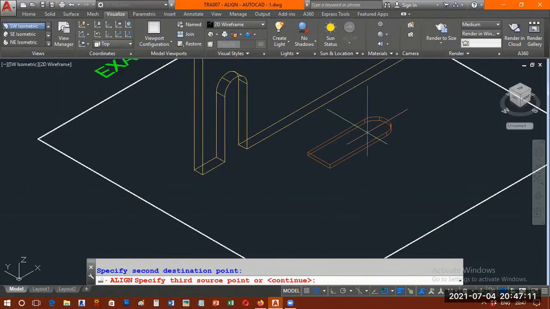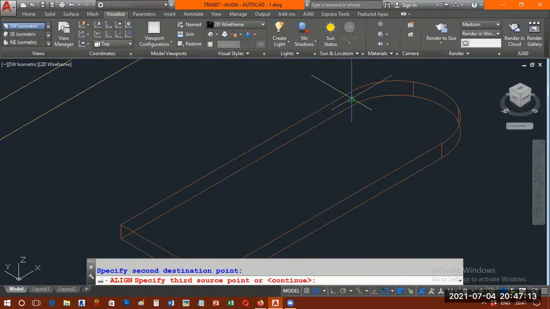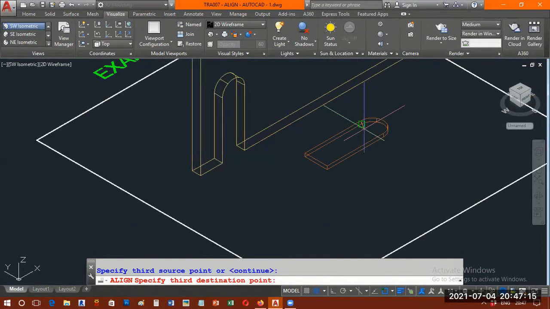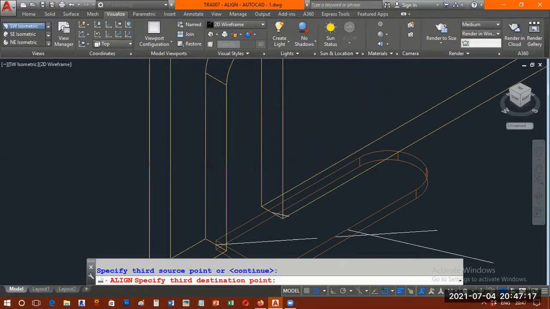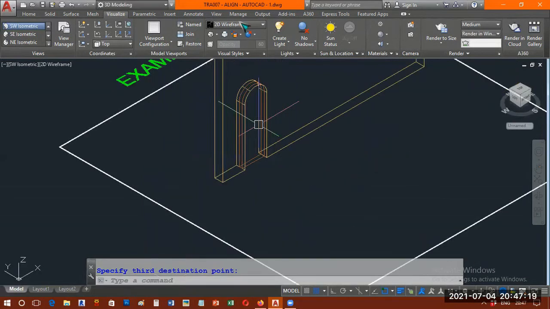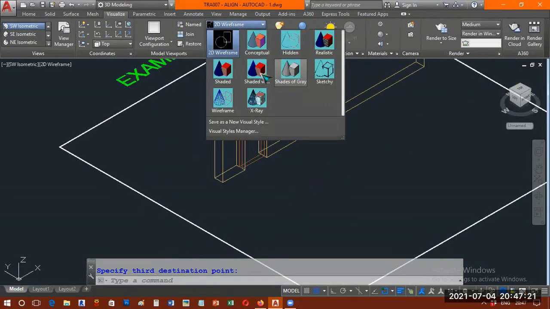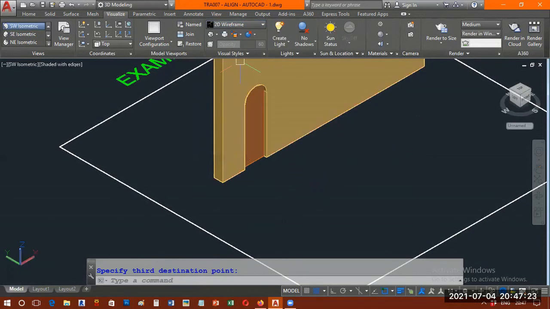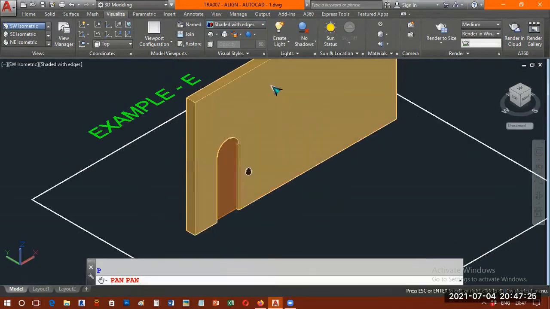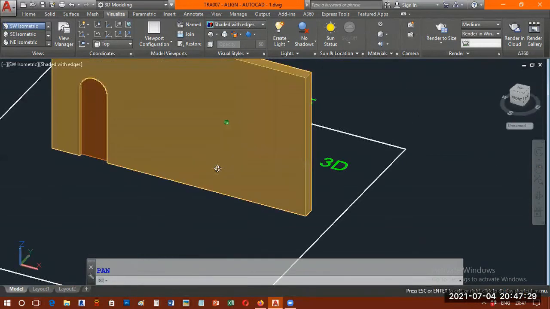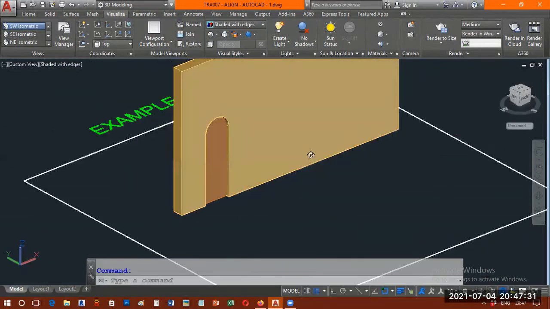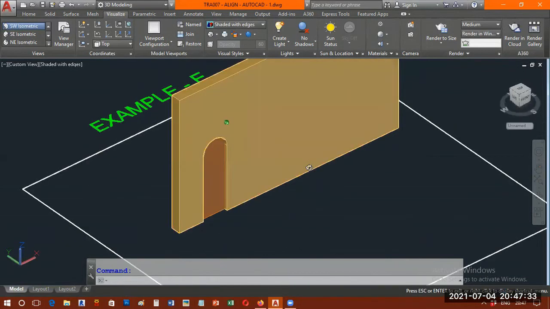The third point, that this arch starting point, I will locate at this edge. You can see that door got perfect match to that cut open. I hope you understood clearly, and please try this in different angles or whatever. Okay, the wall cut open, door open matched with the arch door there.